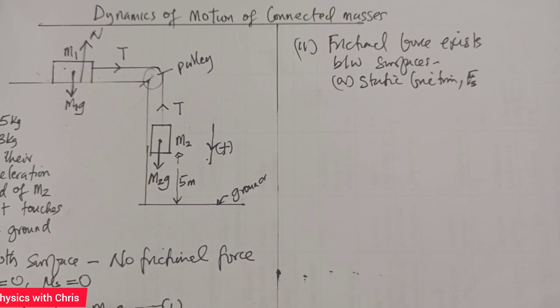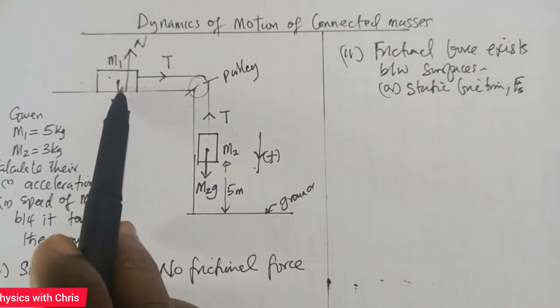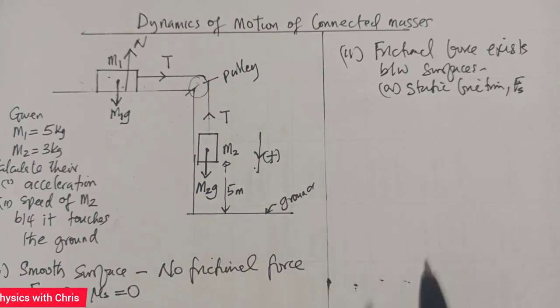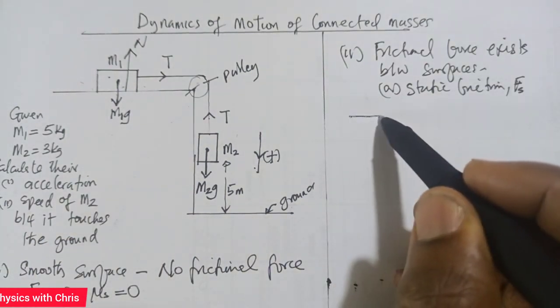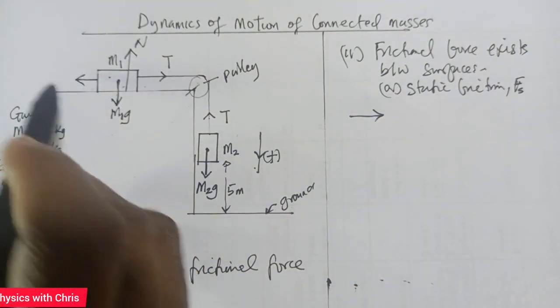In fact, static frictional force is also the keeping force, the force that keeps a body at rest on a surface without sliding along the surface. So before a body can start moving along that particular surface, that force must be overcome. But this time around, we are going to look at it from this perspective. Just before block M1 moves forward, the force that must be overcome is the static frictional force. For resolving along the horizontal surface, let me include my Fs,